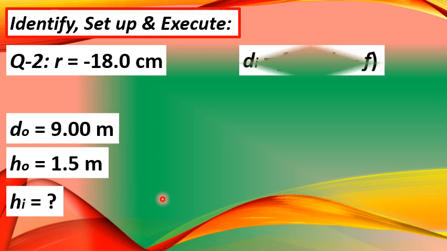But before we can find the height of the image, we first have to find the image distance, di, using this derived formula for the mirror equation. The derived formula is that the image distance di is just equal to the product of the focal length and the object distance divided by the object distance do minus the focal length, small letter f.